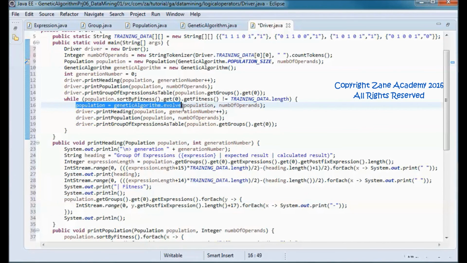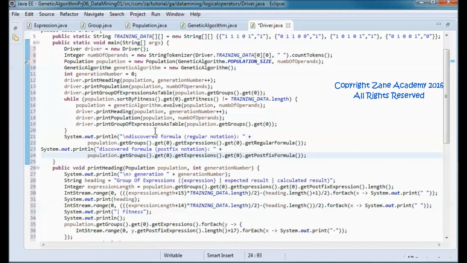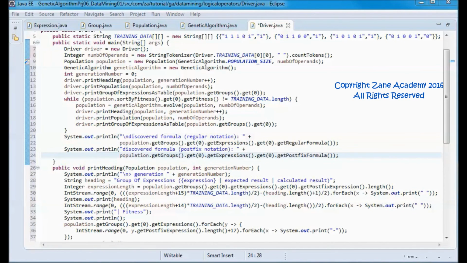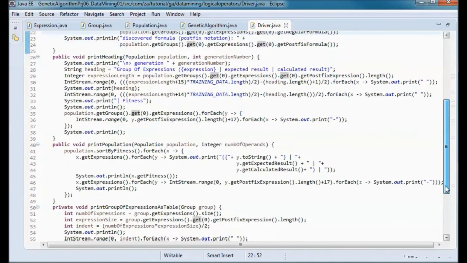And I will first evolve the population. And I will finally print the discovered formula in regular notation and in postfix notation. And this should do it for this class.